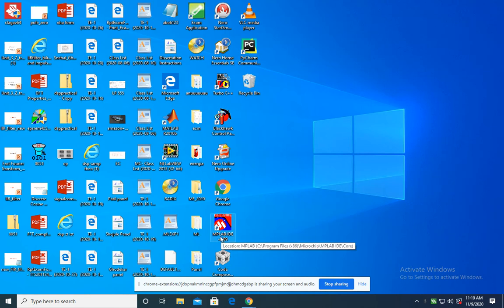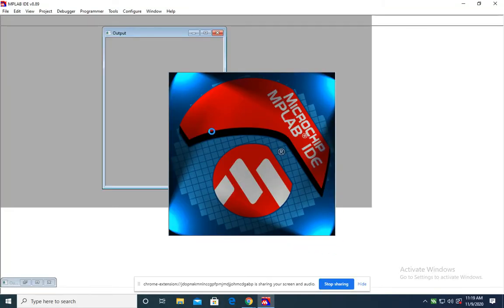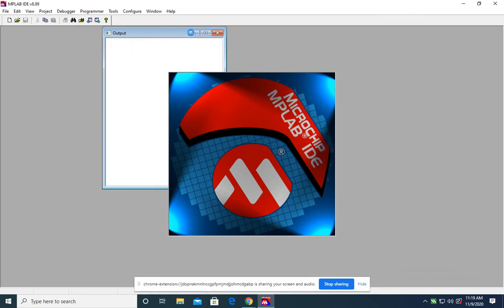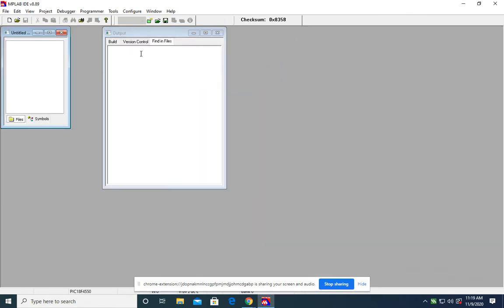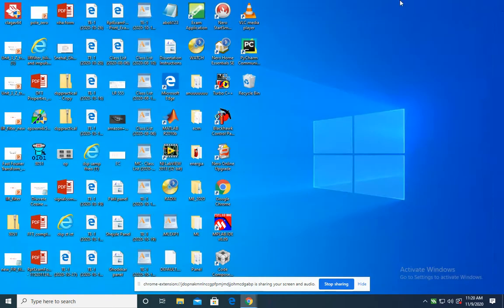This particular MPLAB IDE V8.89 software is used for writing programs for the PIC microcontroller. You can download this file from the Microchip Corporation website.